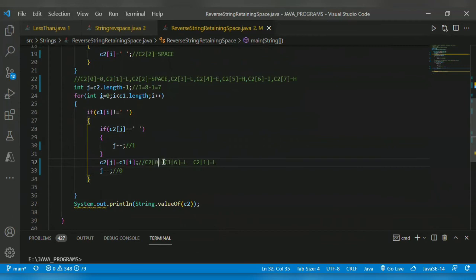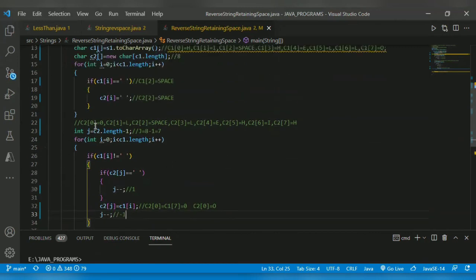Now c2 of 0 equals c1 of 7, which is O. c2 of 0 will become O. j is decremented to -1.